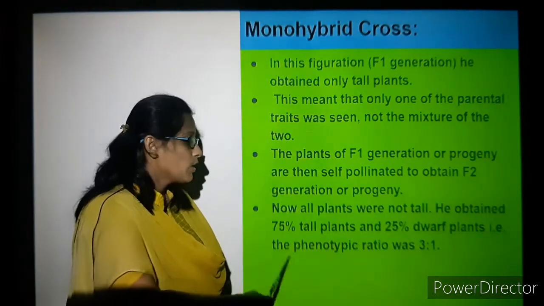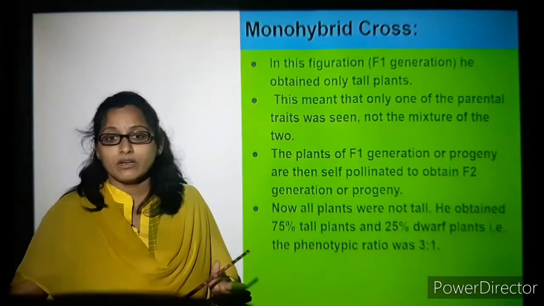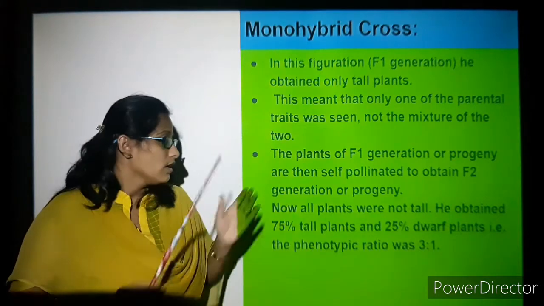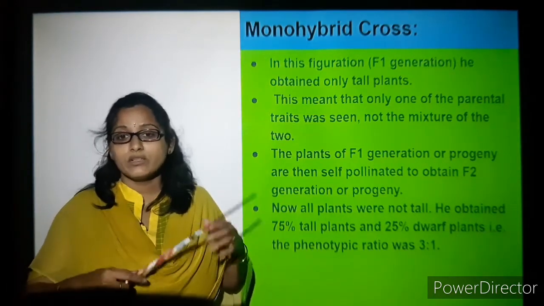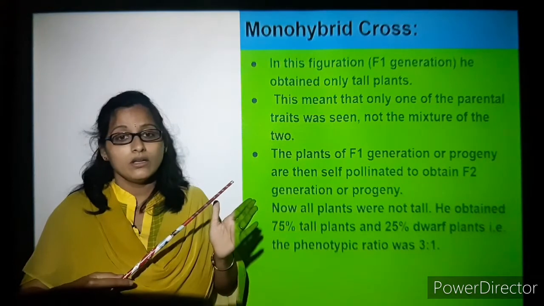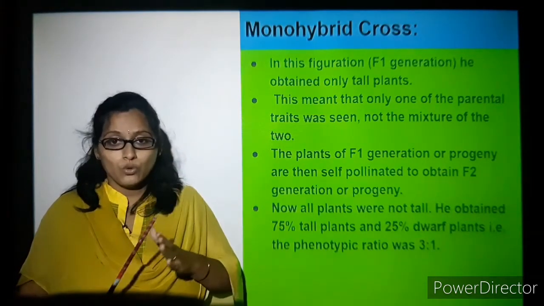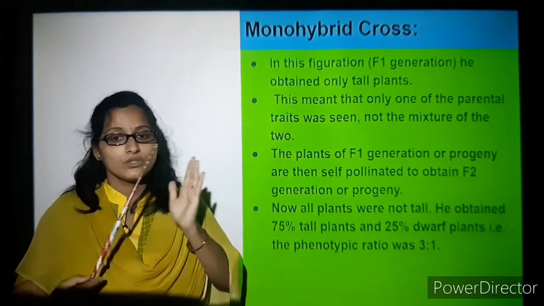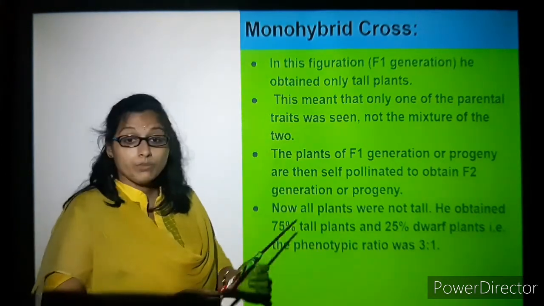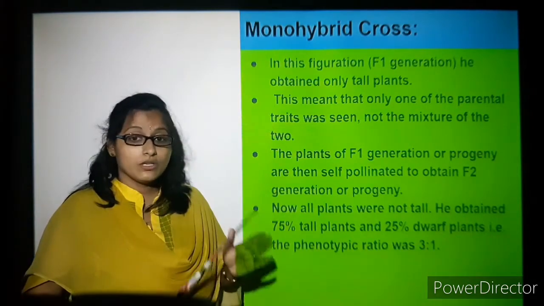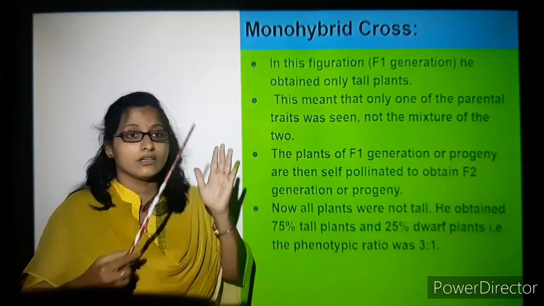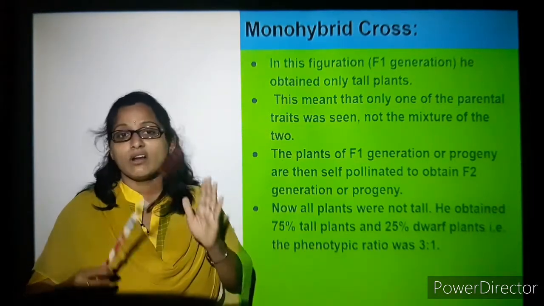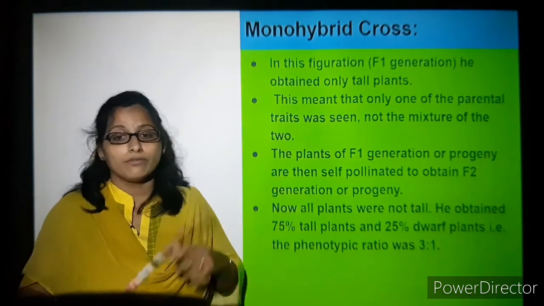That is the phenotypic ratio. Phenotypic ratio is how much tall and how much dwarf, that is 3:1. What is the genotypic ratio? Genotypic is pure tall, 1. Then you have hybrid 2, that is 1:2, and what is dwarf? 1. So that is 1:2:1, the genotypic ratio. Don't get confused. Genotypic ratio is as such you are writing, that is 1:2:1, and for the phenotypic ratio you are just writing the ratio of tall and dwarf.